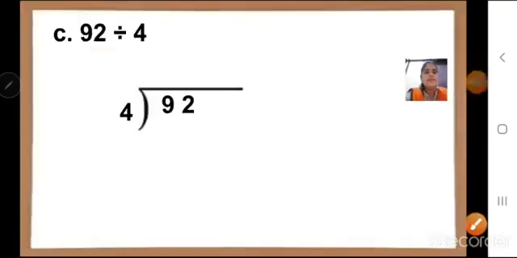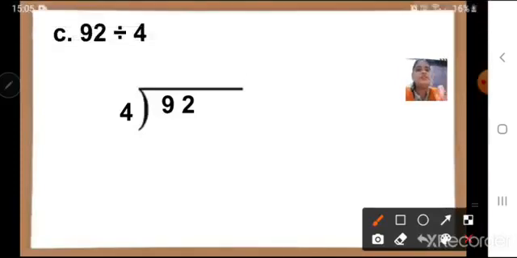One is 92 divided by 4. Okay. So draw the bracket and then we have to write the dividend and the divisor in the proper place. Now let us divide. Now what is the first number, children? Now it is 2 digit, right? What is the first number? Number 9. Okay, we have to see in 4's table whether 9 will go or not. Now number 9 will not go, but we can find a nearby number. Correct. So what will be the nearby number?